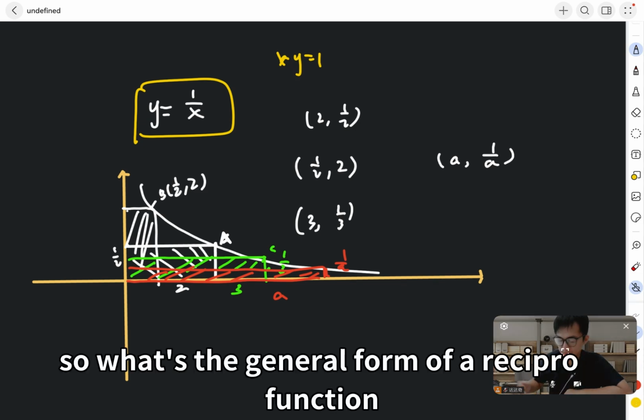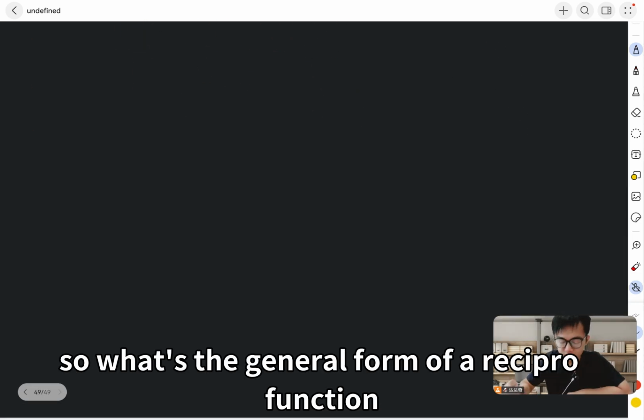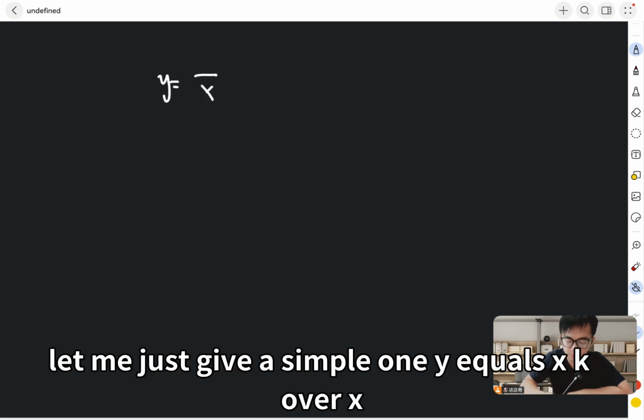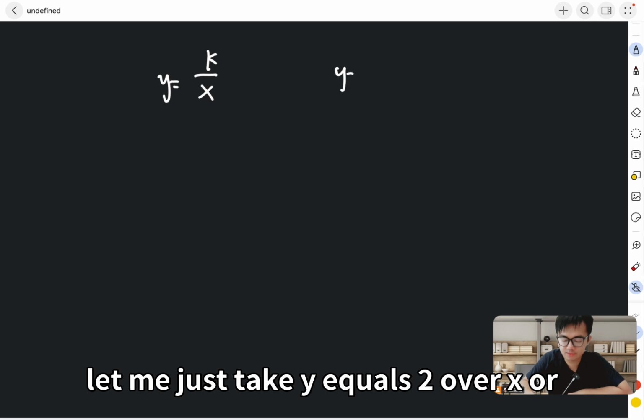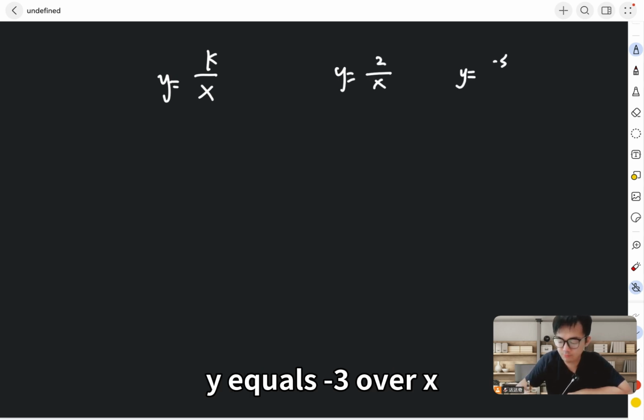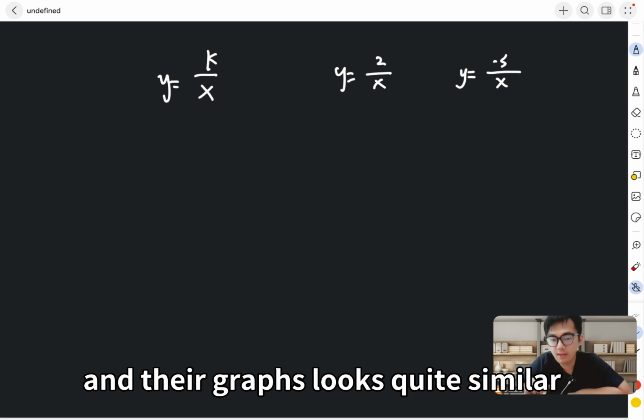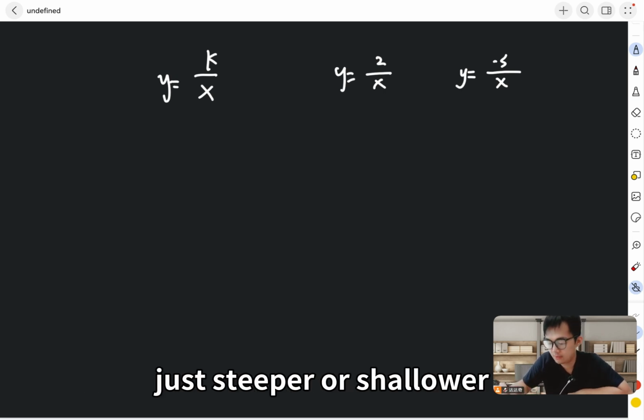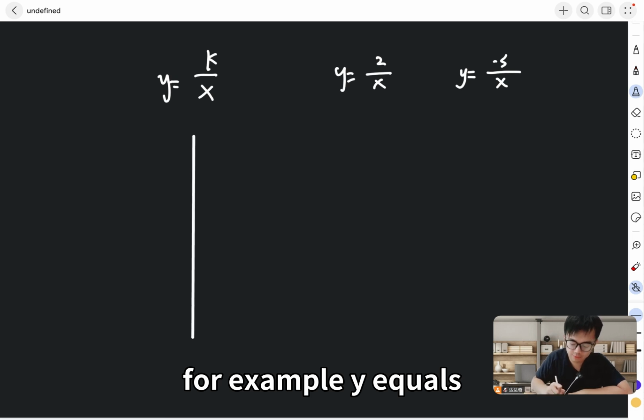So what's the general form of a reciprocal function? Let me just give a simple one. y equals k over x. k could be any value. Let me just take y equals 2 over x or y equals minus 3 over x. And their graphs look quite similar, just steeper or shallower. For example, y equals